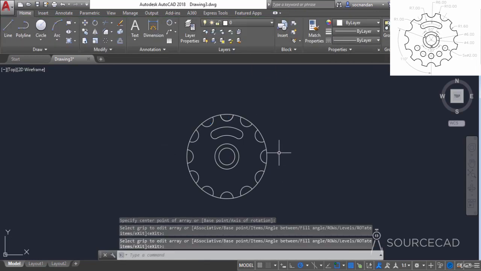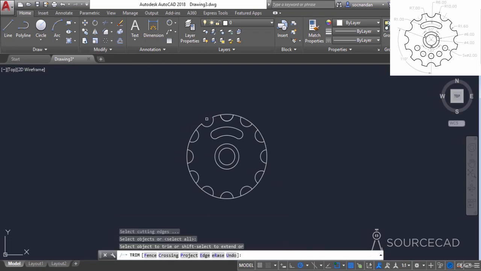Okay, now we need to trim some extra geometry. So I'll go to the trim tool, press enter and now trim these geometries from this outer circle. Okay, now it's done. So now we'll add other details to the drawing, and for that once again go to